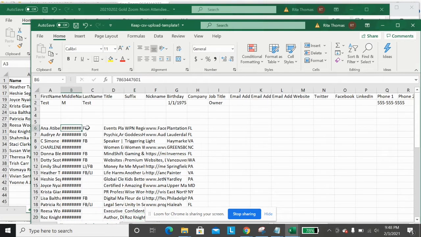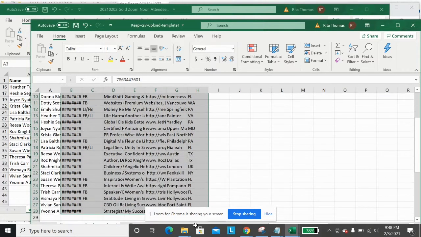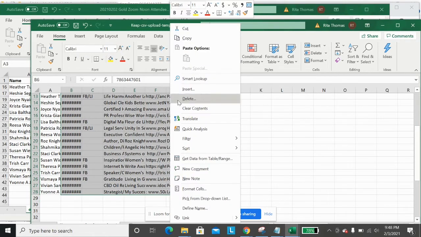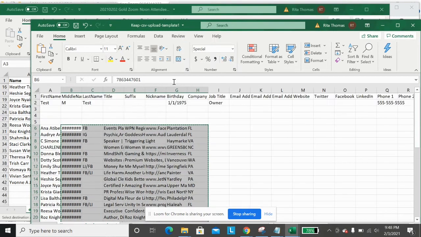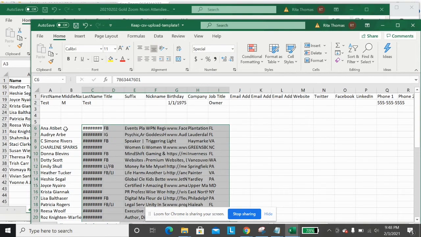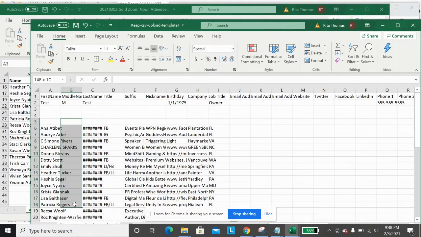Their name. So I'm going to move all this stuff over one space, and I'm going to show you a pretty cool trick in Excel. So we're going to cut that. I'm going to move them over here so we have room to work in this column right here. We want this column empty